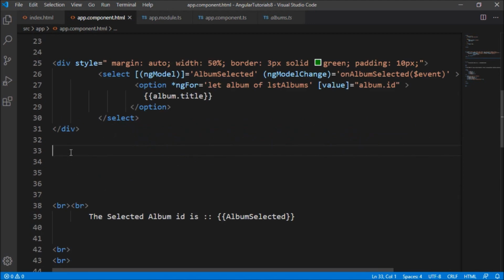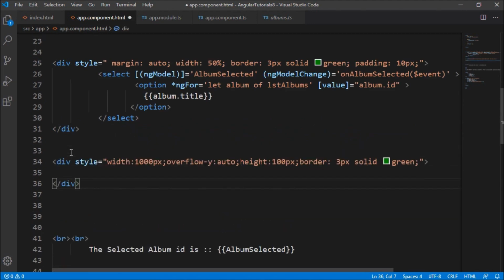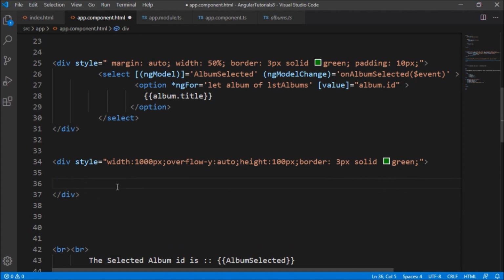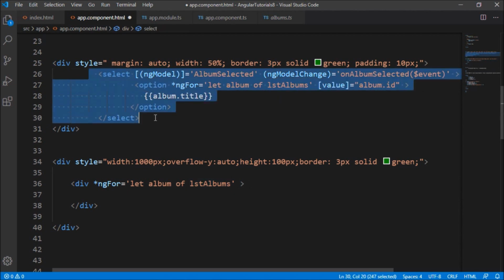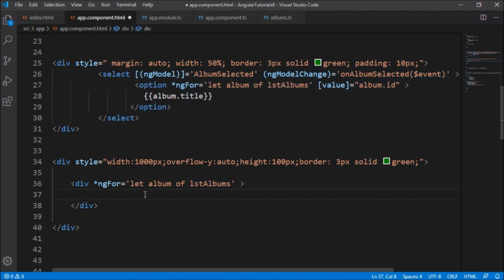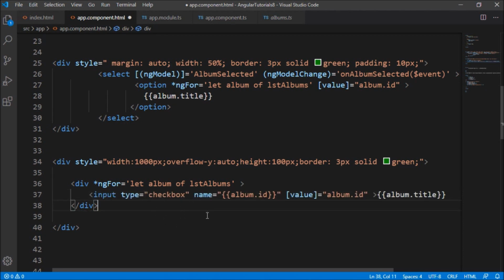Okay, so I'm just going to create a simple div here. You can decorate with your own CSS. We are just focusing on creating multiple checkbox. We are going to use the same list of albums which we used for binding the select list. Now inside this, we are just going to create a checkbox.